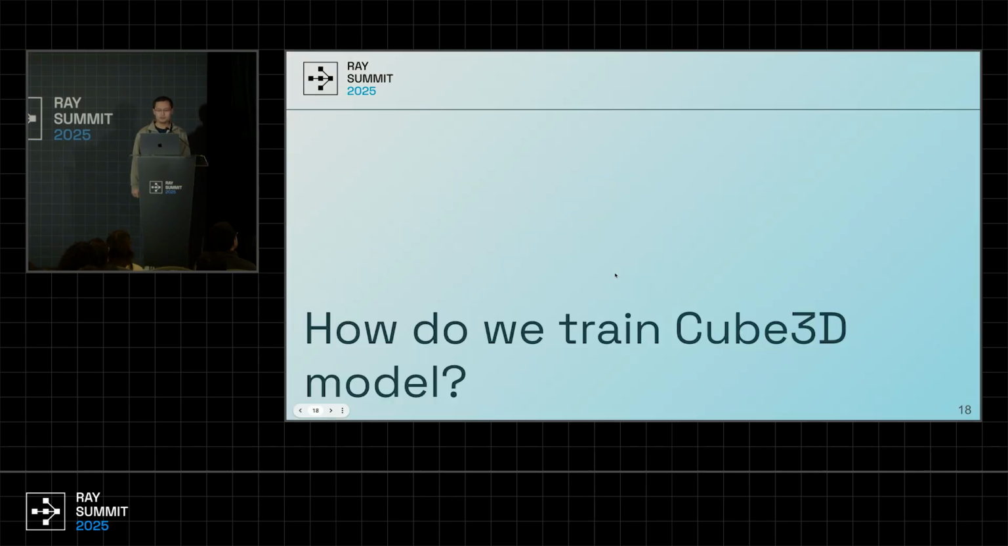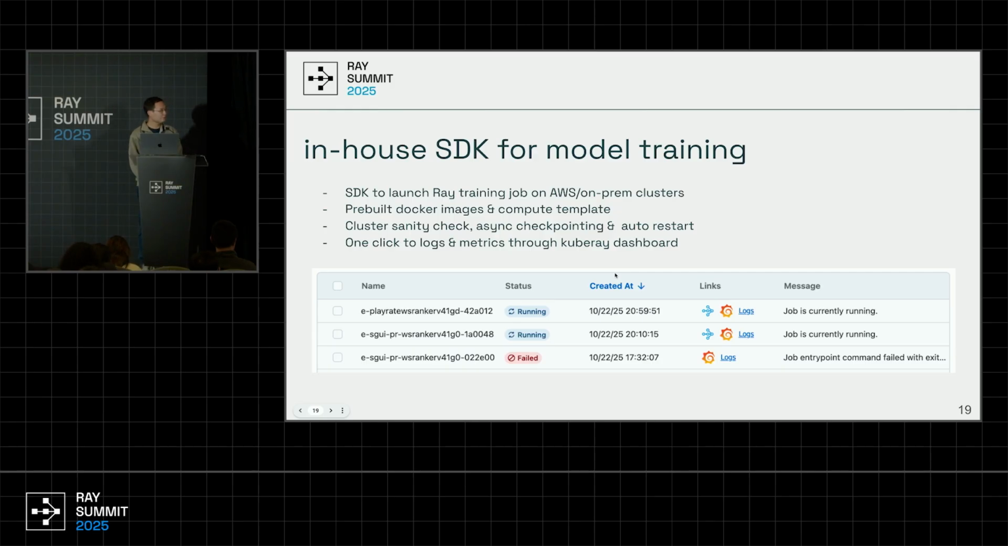Hi, next I'm going to talk about how we leveraged Ray and the tooling Steve just presented to train Cube 3D, Roblox's own 3D foundation model. So first, I want to give a horizontal view of how we train models at Roblox. Since 2025, we have been using Ray Train as the distributed training framework to replace the old MPI approach. To help machine learning engineers at Roblox quickly onboard their use cases to the new platform, we built an internal SDK on top of the Ray Train API to simplify the process of launching distributed training jobs to both AWS